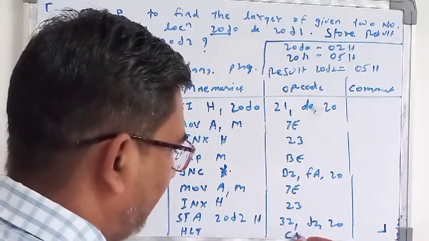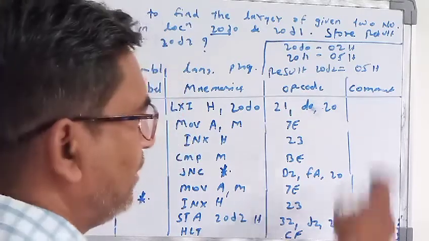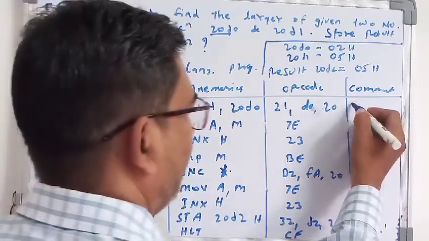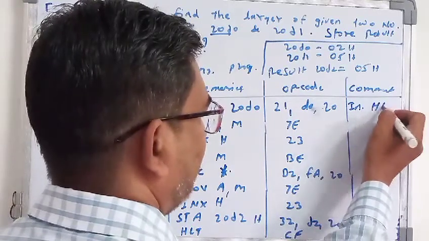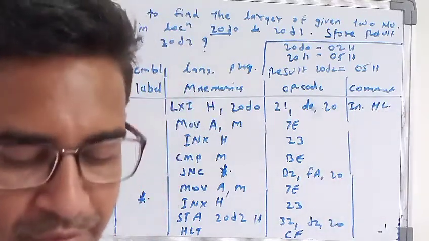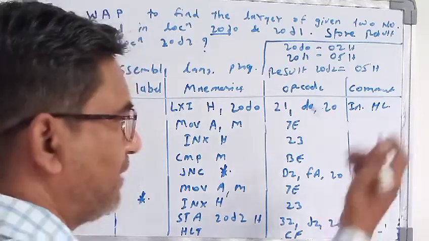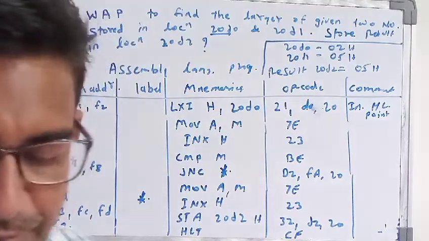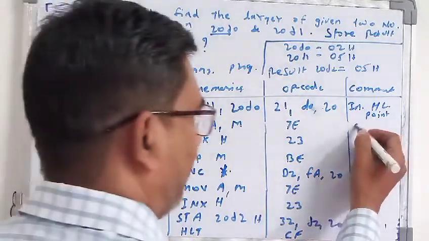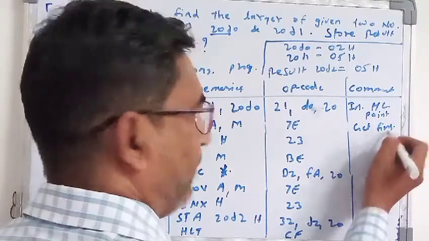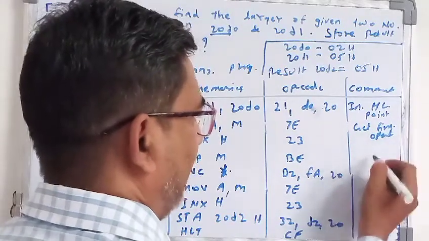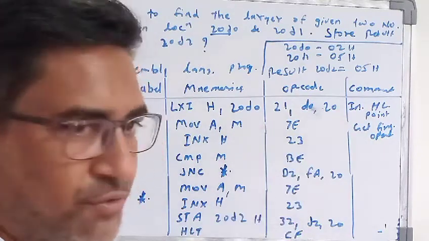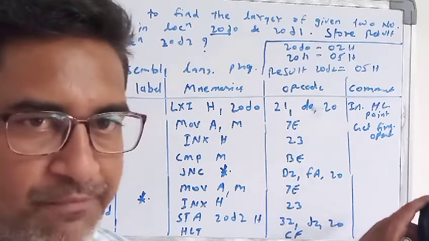So students, now here the comment you have to write down. The comment is very simple. Initialize the HL pair. Means the memory we have to initialize, that HL pair, it is an HL pointer. Then the content of the memory has to be moved. So the first operand, and the rest of the comments you have to write down for these instructions, so that I will save time.